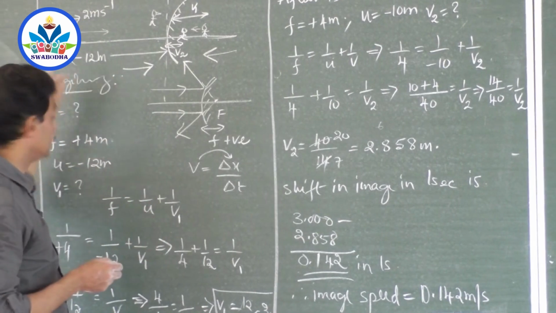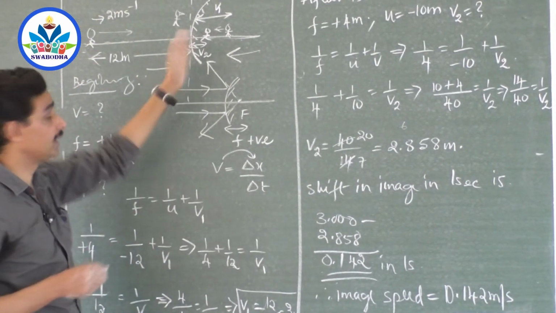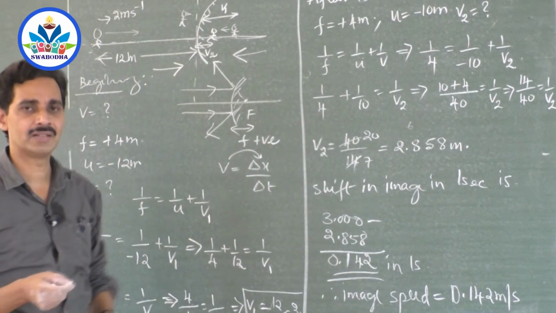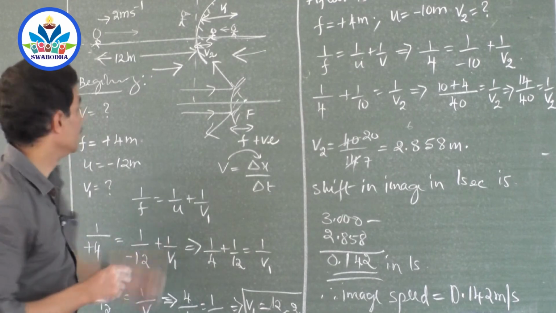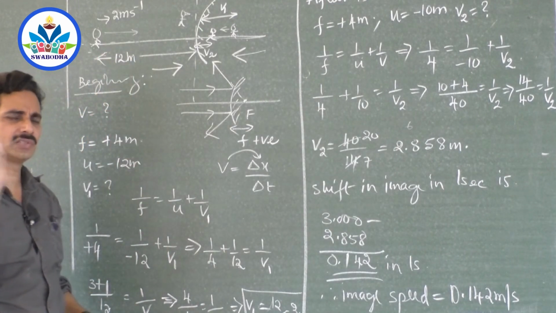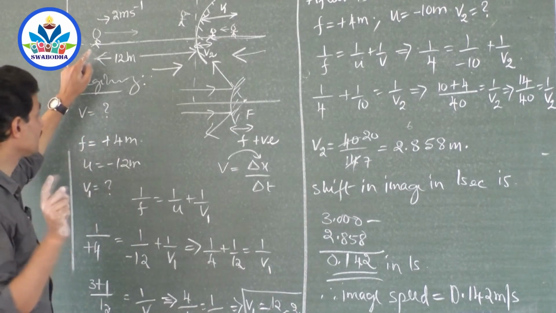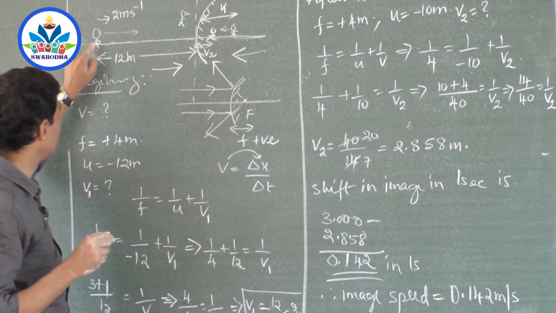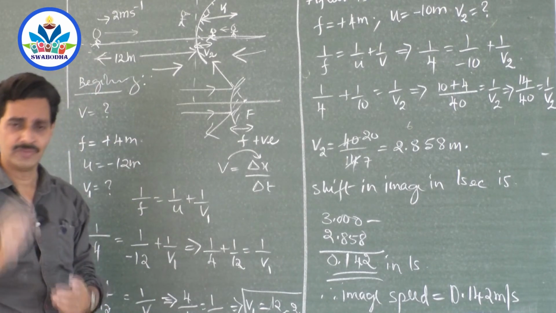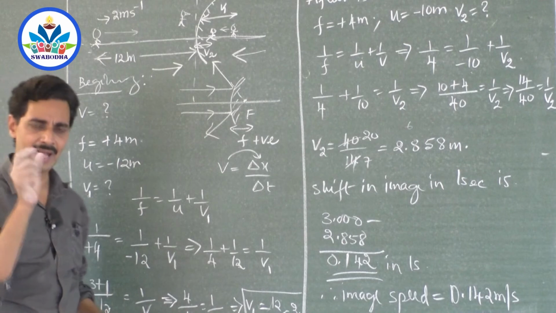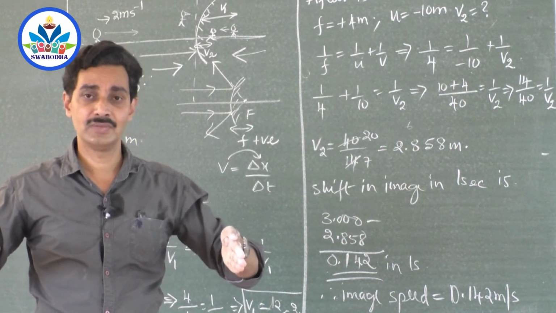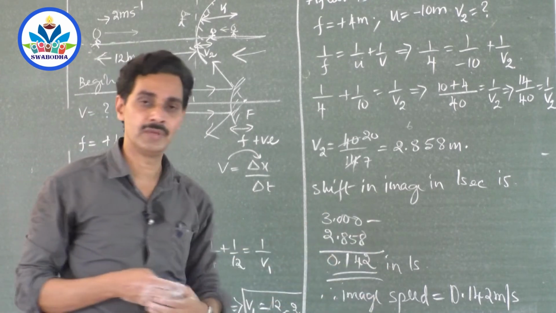That means what they have asked you to calculate is the speed of the image when you are at 12 meters. That means you should have calculated it for a very small interval. You shouldn't have calculated it for an interval of 1 second. Say 0.0001 second. In 0.0001 second, this object would have moved from 12 meters to 11.999 something like that. Within that gap you have to find out. It should be as small as possible. If the interval is very large, then the variation will be much more and the answer will not be accurate.